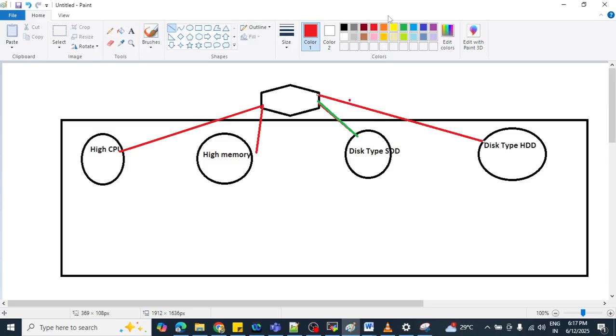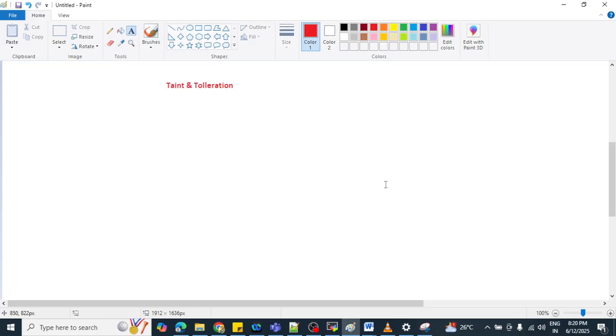So the last concept is taint and toleration. What is the taint and toleration concept? Let me explain. A taint is applied to a node only. Basically we are applying a taint to a node.